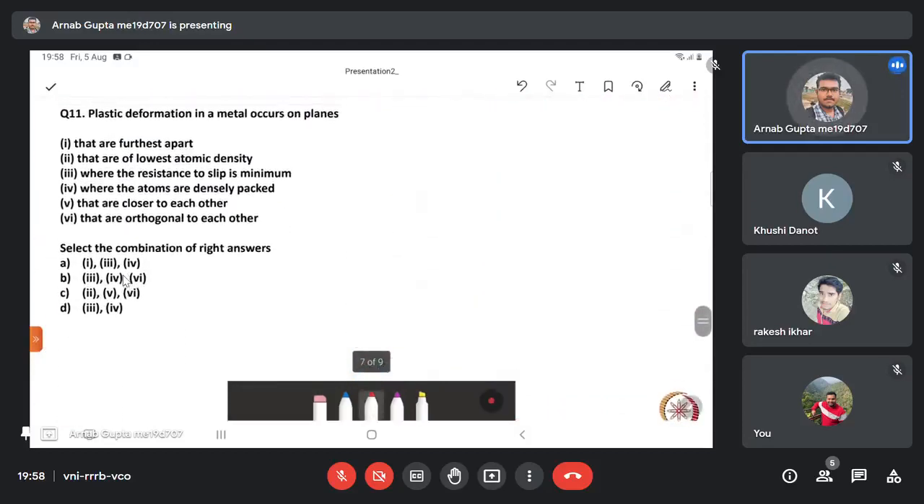So coming to the next question: plastic deformation in a metal occurs on planes that are farthest apart, that are of lowest atomic density, where the resistance to slip is minimum, where the atoms are densely packed, that are close, the planes that are closer to each other, that are orthogonal to each other. So as we know that if we take up a material,